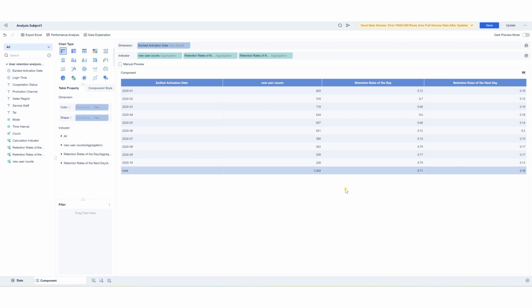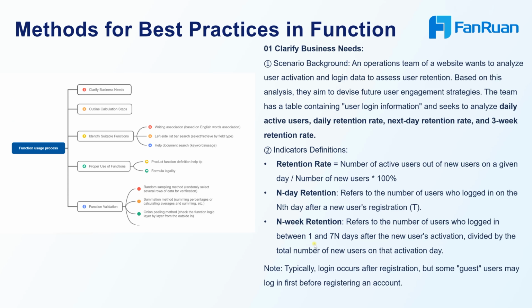The weekly retention rate refers to the number of users retained within a week, and it has a specific definition. We need to calculate it according to this definition. Let's check the definition here. The number of retained users within n weeks refers to the time interval between registration and login, which is between 1 and 7 days for 1 week. So, for 1 week, the time interval will be greater than or equal to 1 and less than or equal to 7. For 3 weeks, it'll be greater than or equal to 1 and less than or equal to 21,